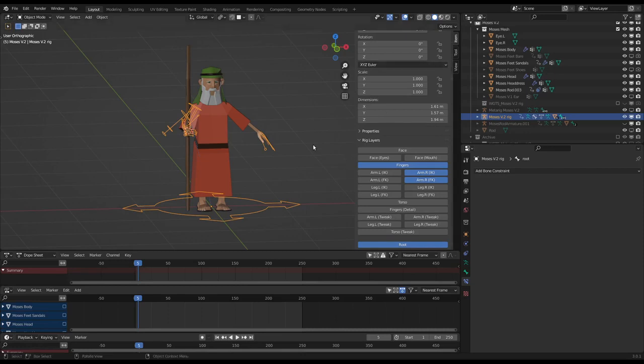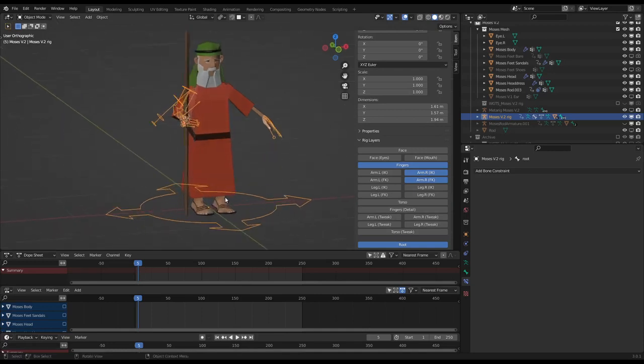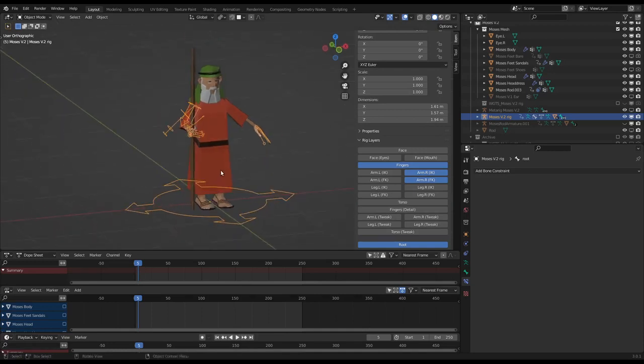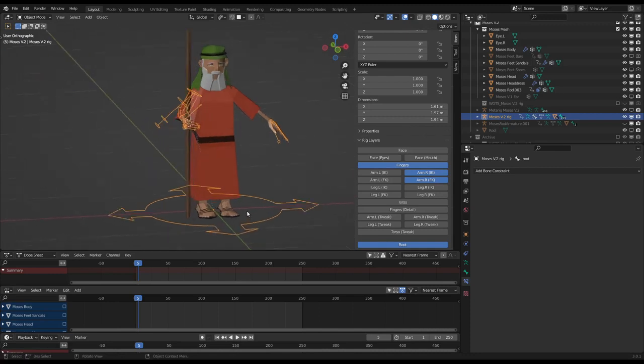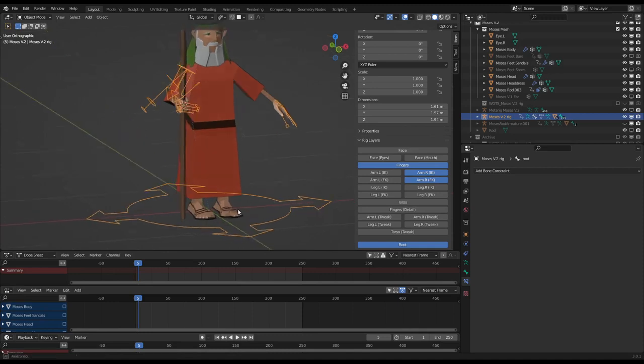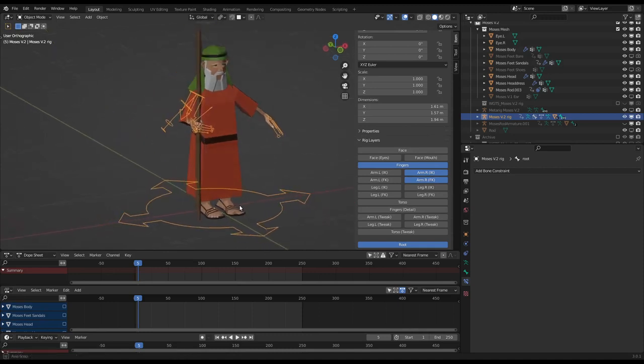Okay guys, this video is just something that I would like to share about attaching an item like a sword or a staff or some weapon to a character in Rigify using the child as constraint. There are some problems when attaching it this way, and I'll show you what I did before to solve some of these issues and what the problems with that were, because it seems to be not so easy